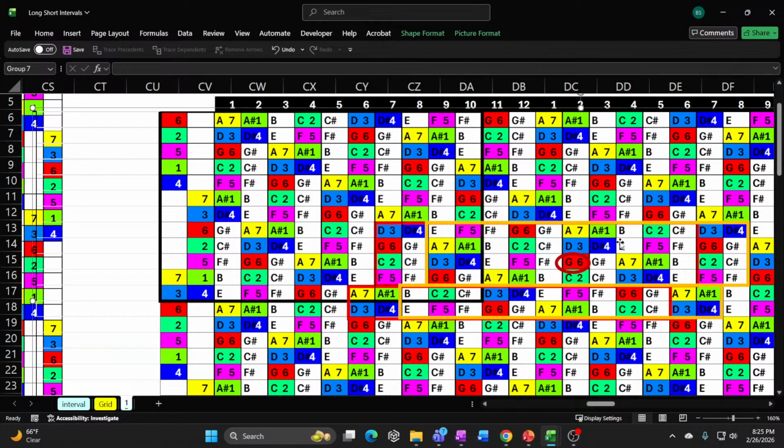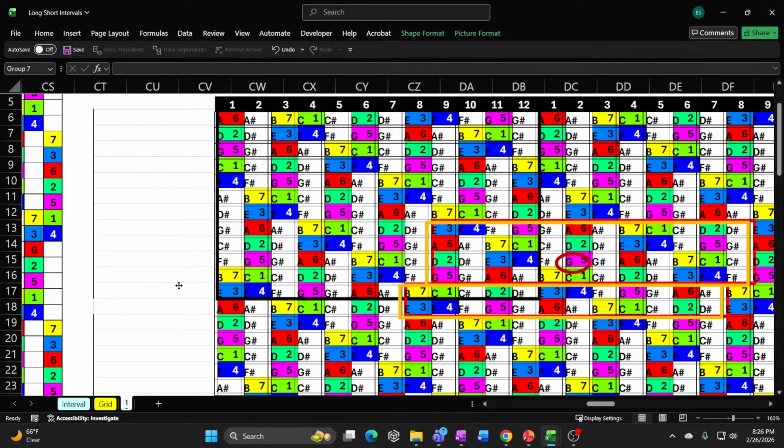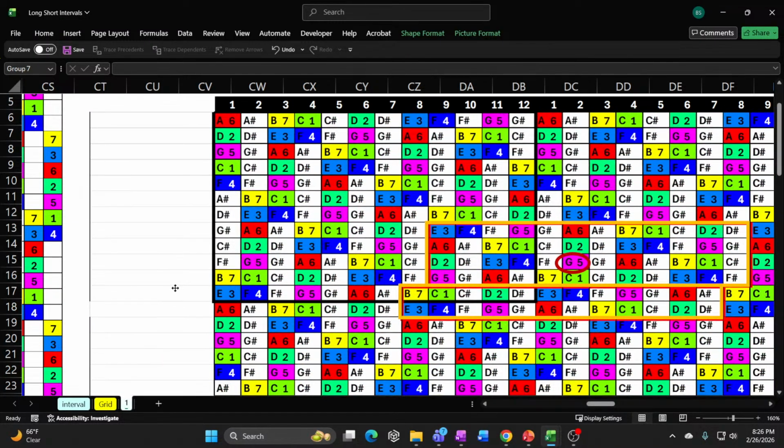If I number the collections based on the major scale, 1, A sharp, 2, and so on. So that's going to be nodal shape number 2, or the Ionian E shape.